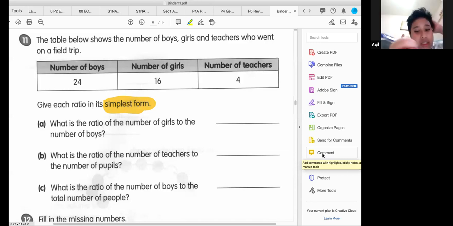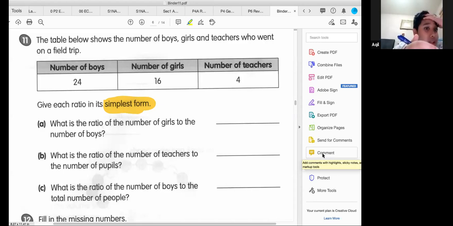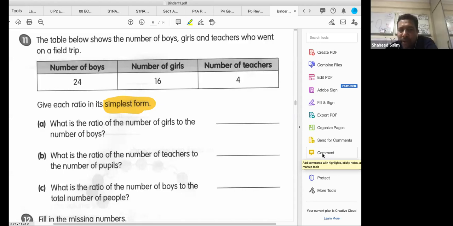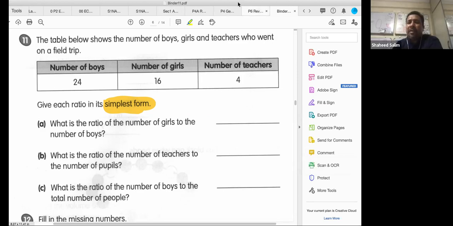Sir. Yeah. Can I see the A? Yeah, what's the answer? A is to 12. Yeah, but you... What is to 12? Simplest one, right? Actually, 16 is to 24. Simplest form divided by 2 equals to 8 is to 12. Okay, so let's try. So he says, let's see. He says